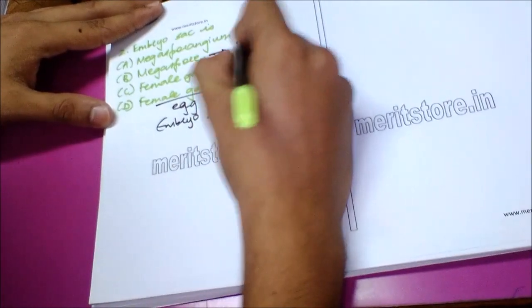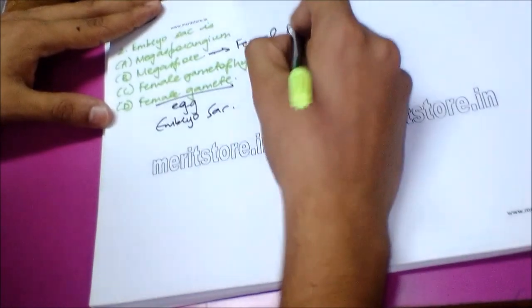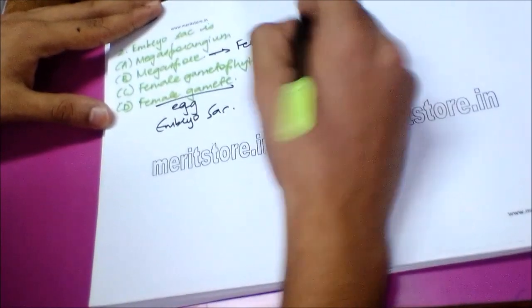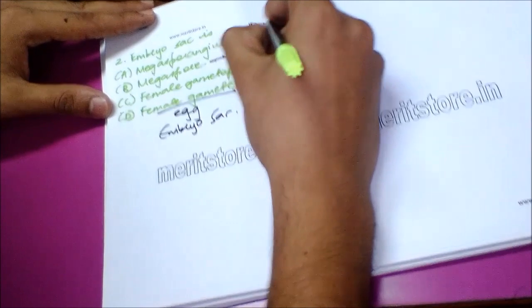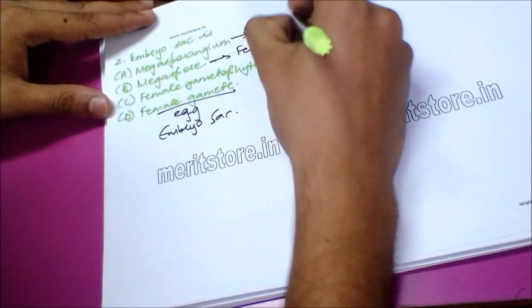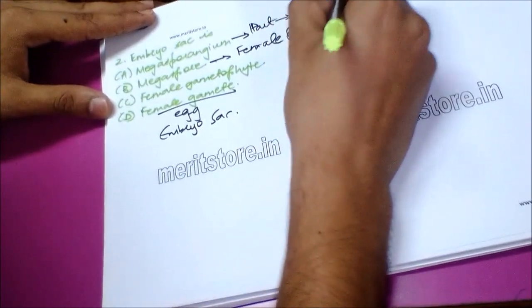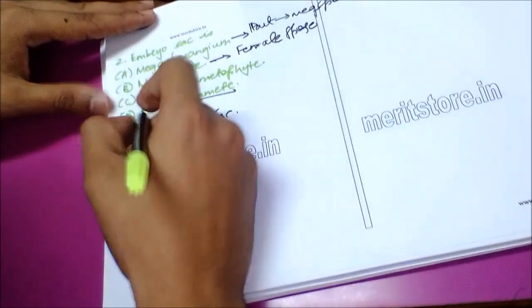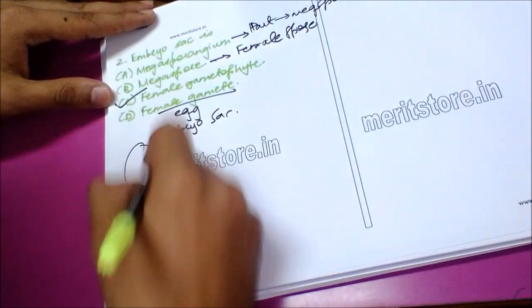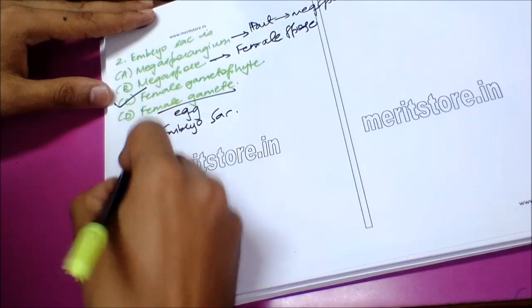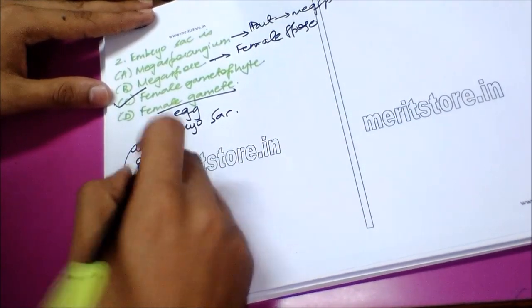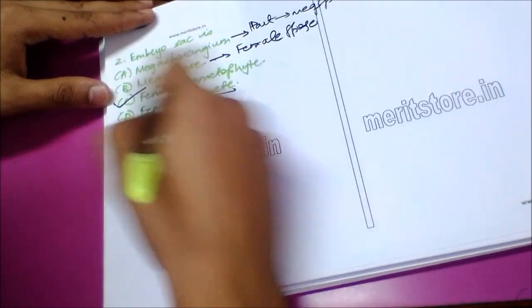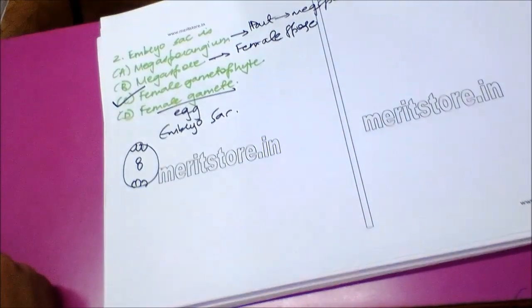Megaspore is a female reproductive spore, while the megasporangium is a part or the organ which is responsible for the formation of megaspores. Thus, the embryo sac is the female gametophyte, which consists of antipodals, secondary or polar nuclei, and eggs and synergids. So the answer is option C, female gametophyte.